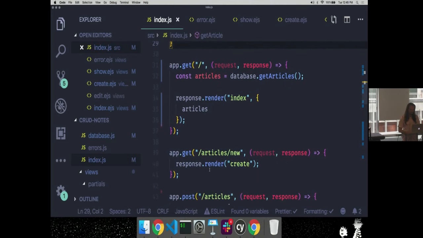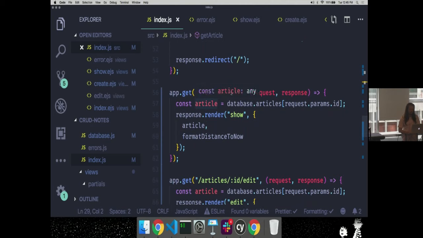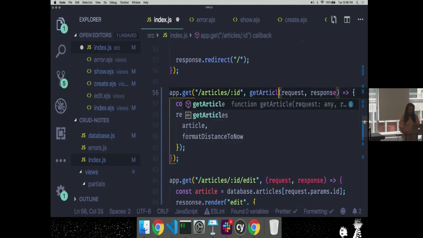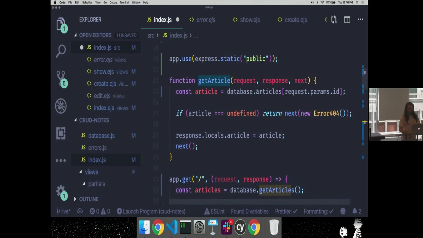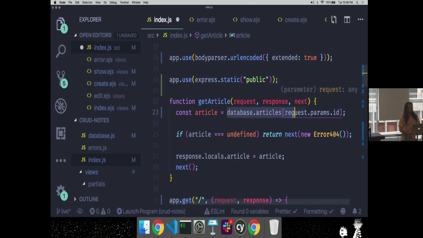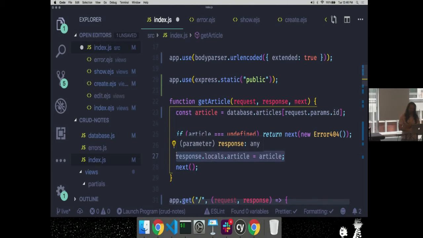So I don't know if people have seen this yet, but down here, I can pass more than one function to handle this route. My behavior can be composed from a number of different functions run in sequence. So when I handle a GET request on /articles, the first thing that happens is GET article handles it. Comes up here. It checks to see if that article exists or not. And if it doesn't exist, then it sends 404 not found. And if it does exist, then it attaches it to something called response locals. Okay? So let's keep going.